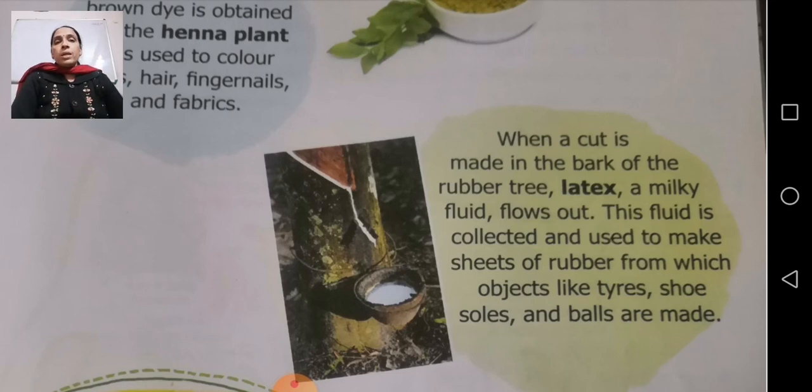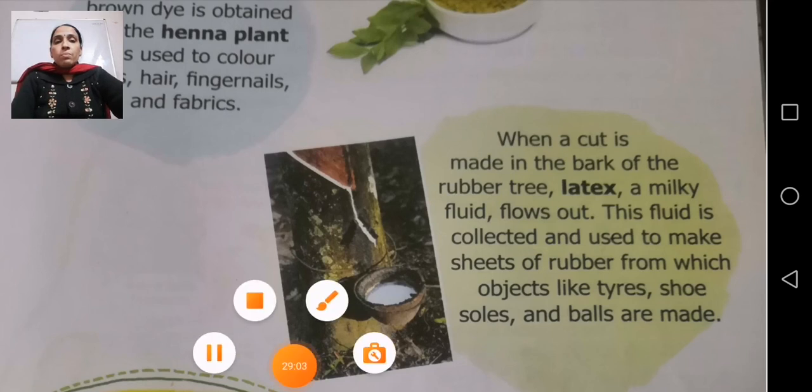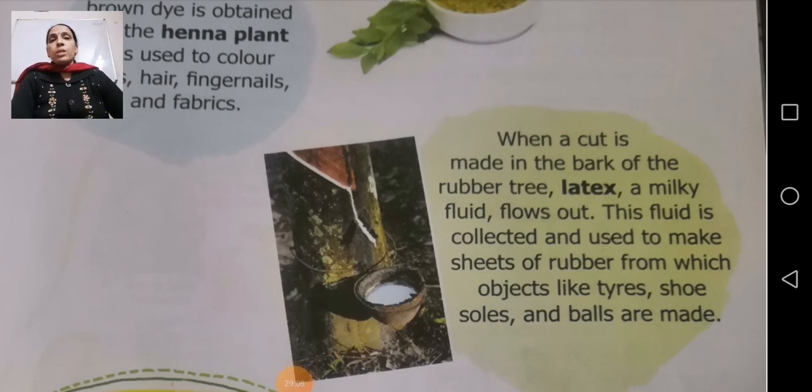So children, here I am going to finish the class. What you are going to do is revise both these pages, Useful Plants, and after that you are going to revise Awesome Animals. That revision you will do, and if you have any doubt, you will mark it in your book, and we will discuss it in our class.